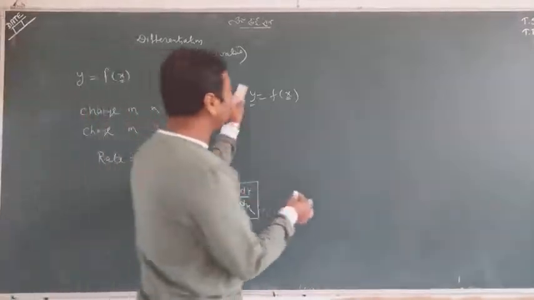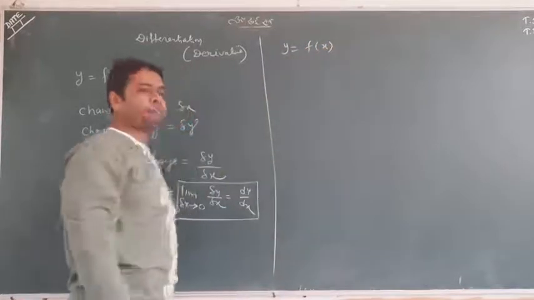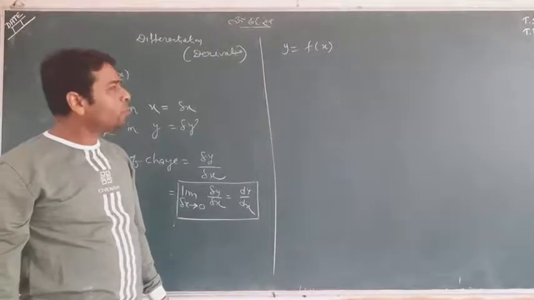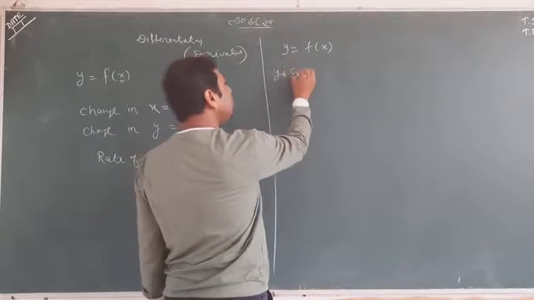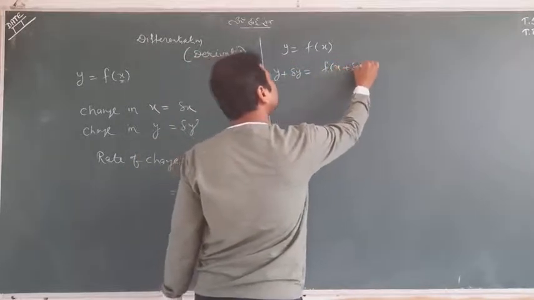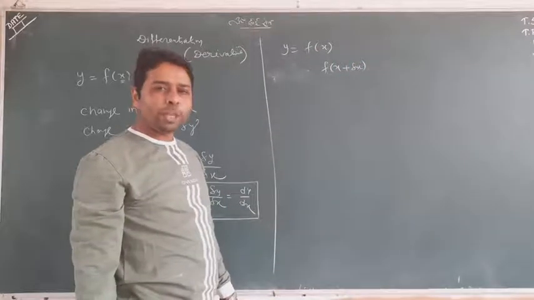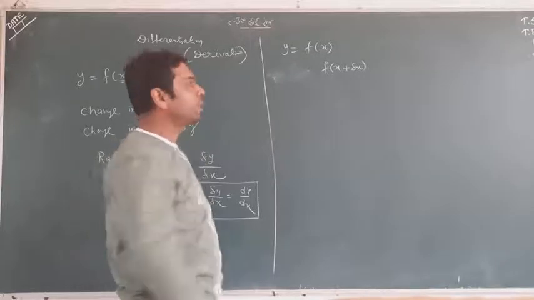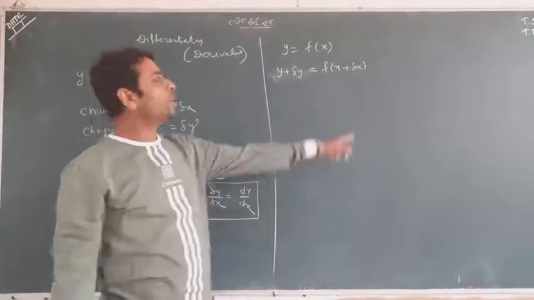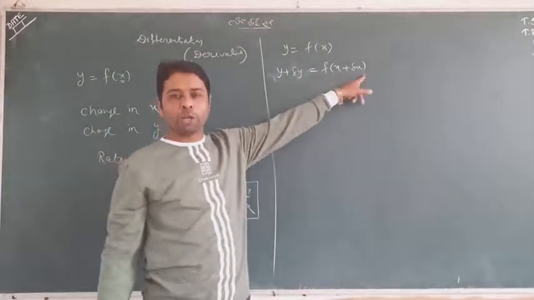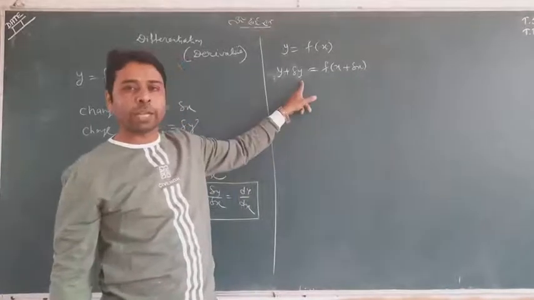So keep remembering this language initially. I am doing something special. Can you see? y is equal to f of x is my function. I want to say something. When you are changing x by del x, y will change accordingly, like y plus del y. This del x means you are changing x by a small value. When x is changing very instantly, y will change accordingly, y plus del y.